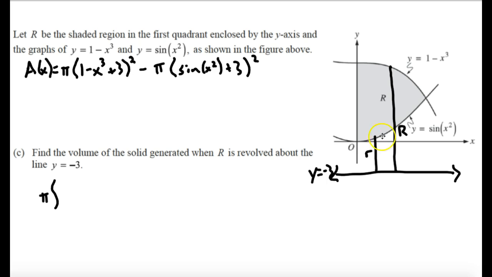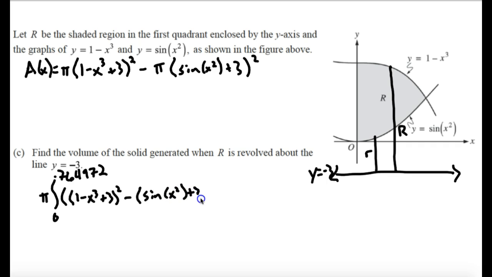I know that my bounds are still going to be the same, 0 to 0.764972. And then we've got, again, making sure we're using correct parentheses, squared minus sine of x squared plus 3 squared dx. So plug all of that into the calculator and we get about